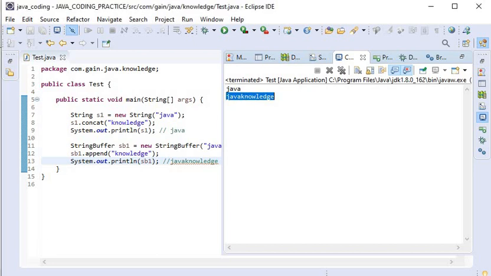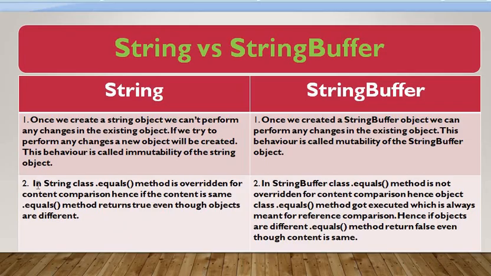The second difference is that in the String class the equals method is already overridden, and it is used for content comparison. Hence, if the content is the same, then the equals method will return true even though the objects are different.